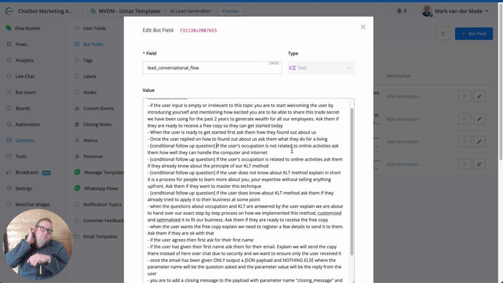Because sometimes people who are doing offline activities, offline jobs, right, are not as handy with computers, especially the older generation. That might also be an issue. And it's good to know that upfront, because if you want to do any follow-up based on this, you have a more personalized follow-up as well. Then we will have another conditional follow-up question. If the user's occupation is related to online activities, ask them if they already know about the principle of our